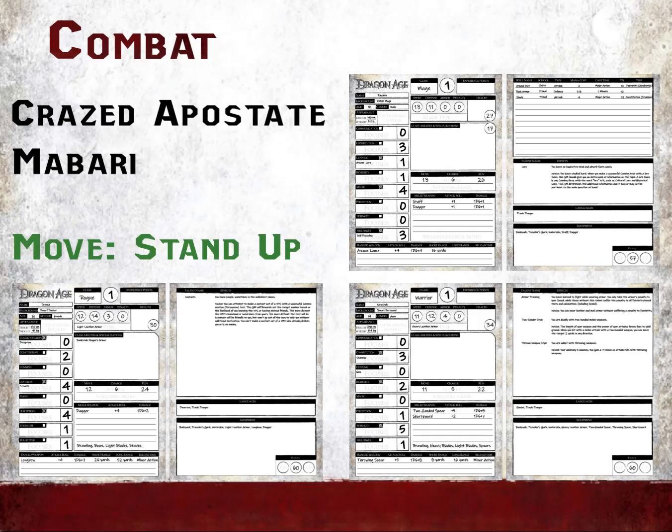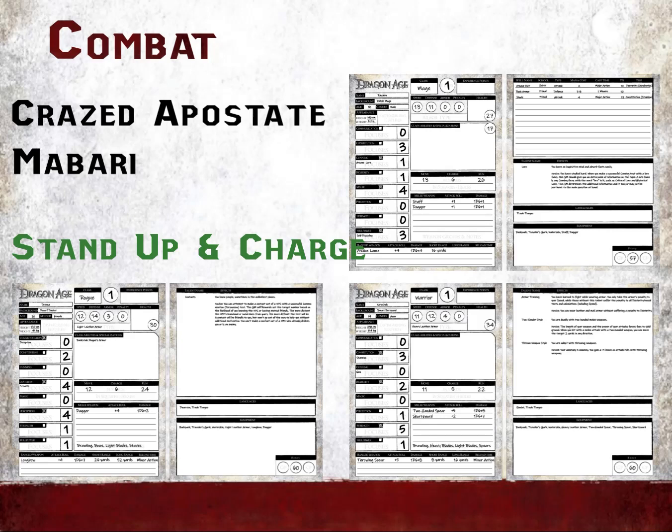So it is our Rogue's turn, but due to the successful Mind Blast, all she can do this turn is to get back up on her feet. Our Warrior, on the other hand, can both get back up and use his major action to charge the Mabari. He rolls high, so the attack lands, and he even gets 5 stun points,